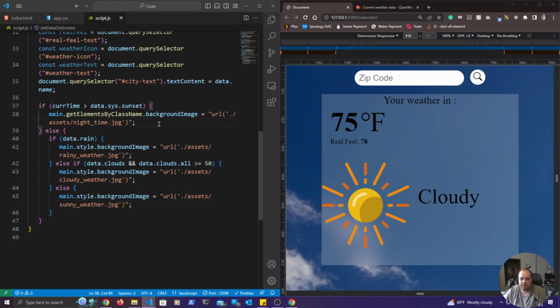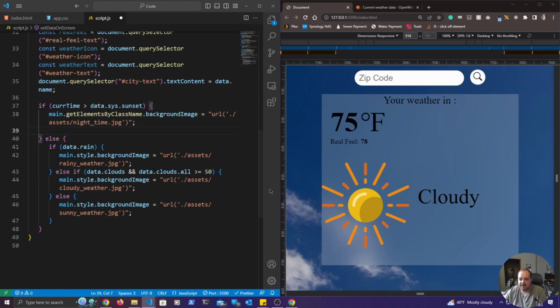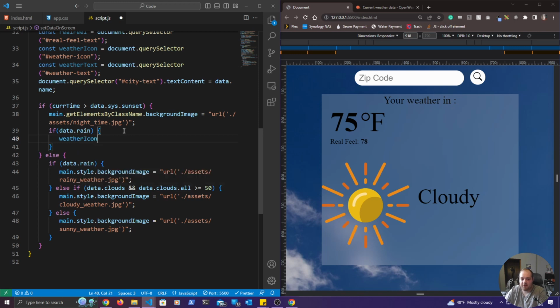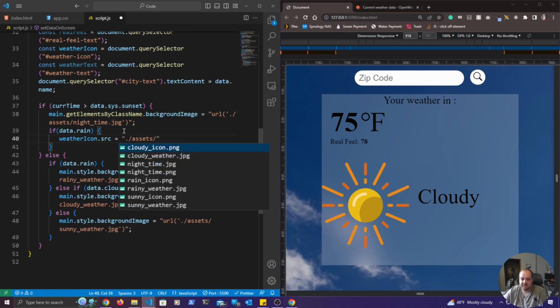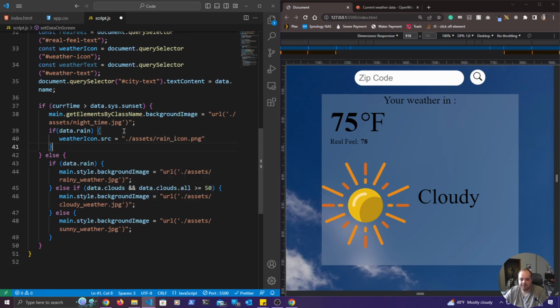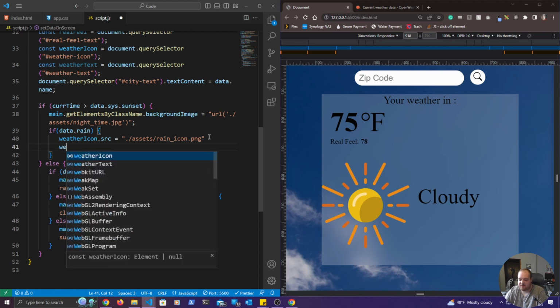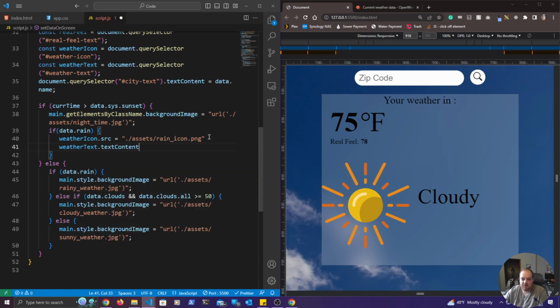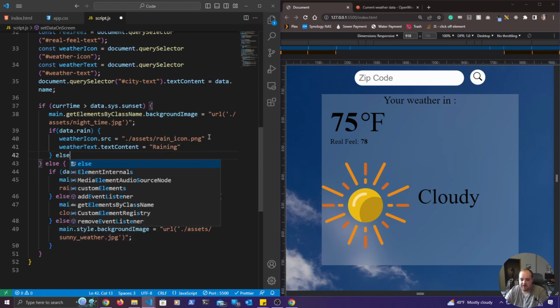And now we have to go up here and we need to check again to see if it is nighttime. We want to set the icon here based on the weather that's currently outside. So we're going to say if data.rain, and we're going to say weather icon dot source is equal to assets/rain icon. And we're going to select the weather text dot text content, and set that equal to